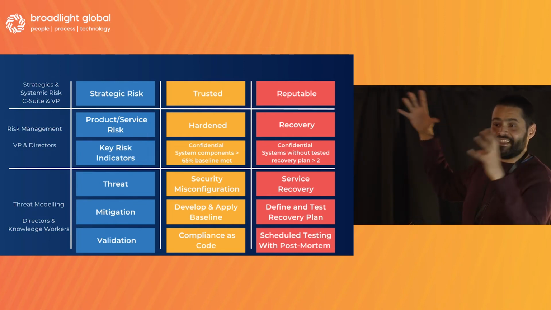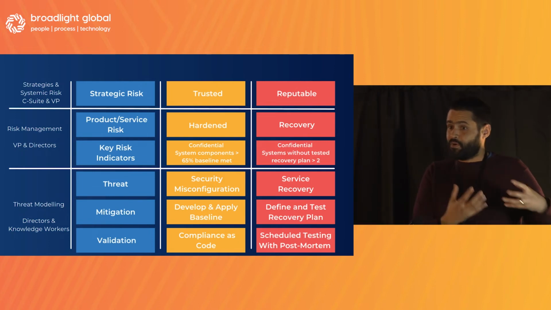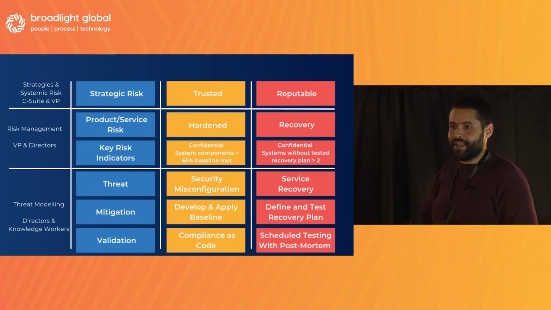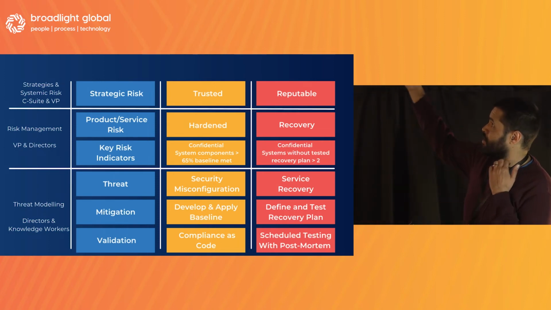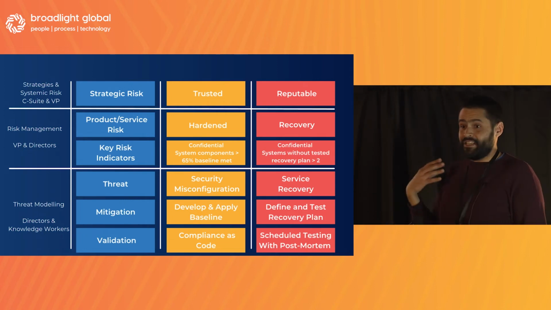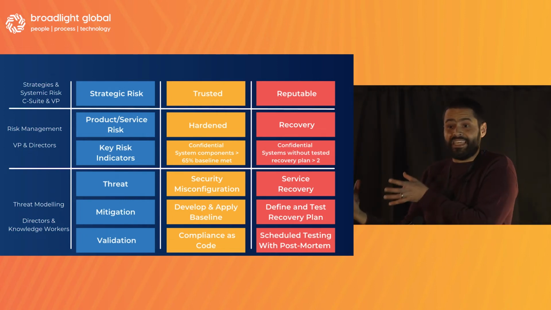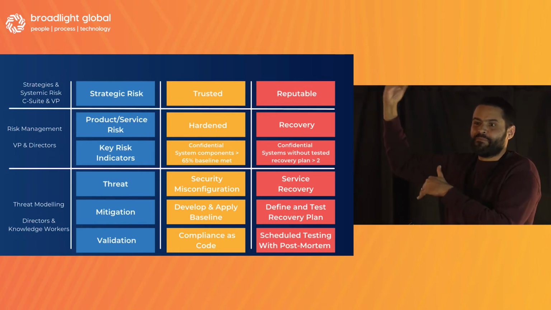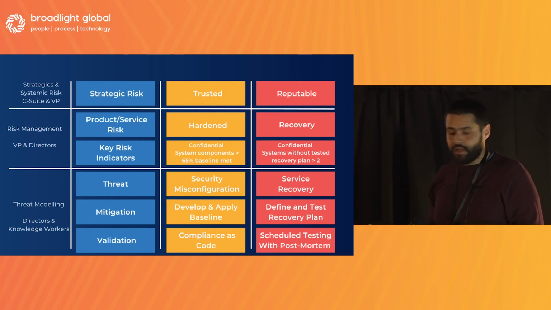So having this idea of the things that they care about, and then trying to make some kind of traceability through my enterprise architecture, through my processes and activities, on how we connect those different time spans together. Right? So at the top, we want to be trusted and reputable. The VP or director, we are going to need to negotiate some kind of measures on how we're going to see what's a key risk here, right? When does it become a problem, right? If we are not doing this security thing. And that's something that needs to be negotiated.